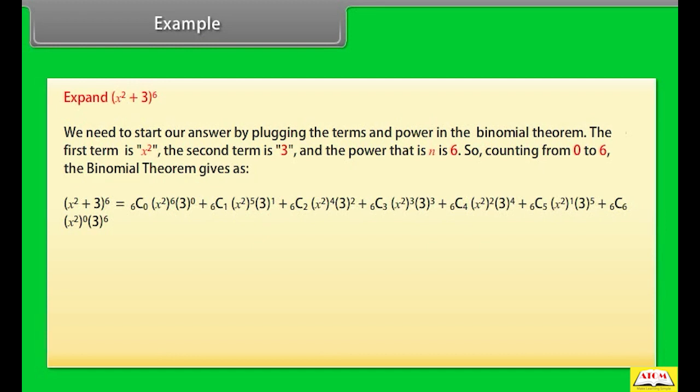to 6C0 into (x²)^6 into 3^0 plus 6C1 into (x²)^5 into 3^1 plus 6C2 into (x²)^4 into 3^2 plus 6C3 into (x²)^3 into 3^3 plus 6C4 into (x²)^2 into 3^4 plus 6C5 into (x²)^1 into 3^5 plus 6C6 into (x²)^0 into 3^6. After simplification, we get